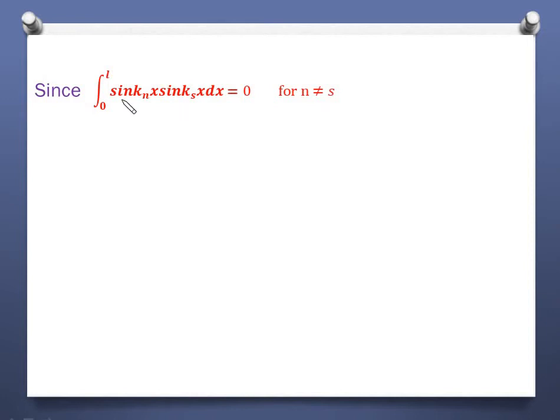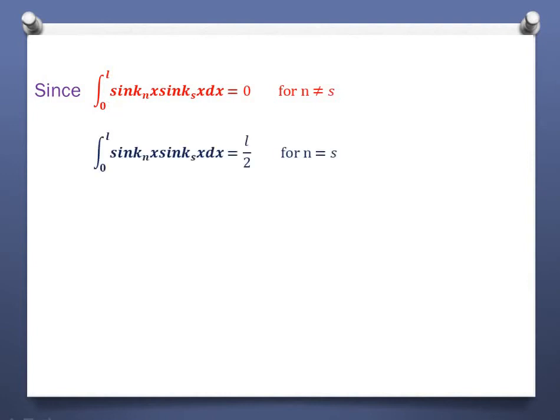How? Suppose you take 1 by 2 outside, then it will be like 2 sine a sine b kind of identity. So you can simply write this as cos(a minus b) minus cos(a plus b), and then you integrate that, you will get a sine term, and if you substitute this limit, it will give you 0. Please try to do it. Don't believe me blindly. Try to do it.